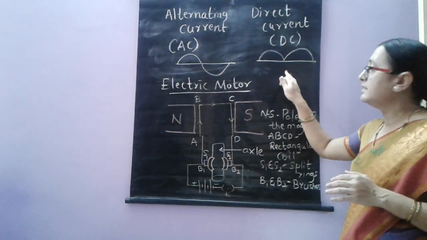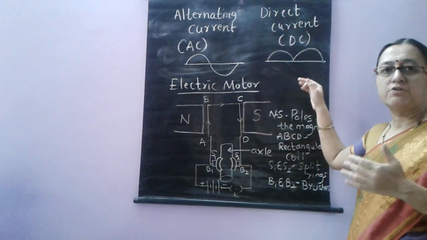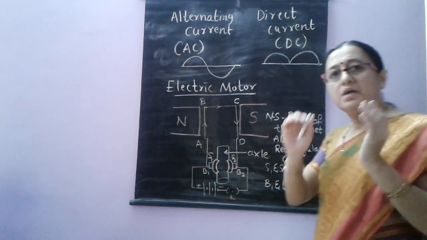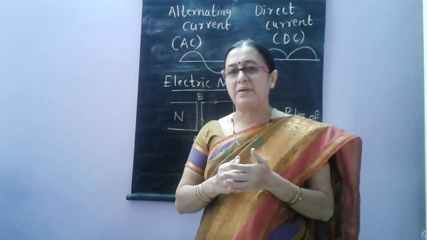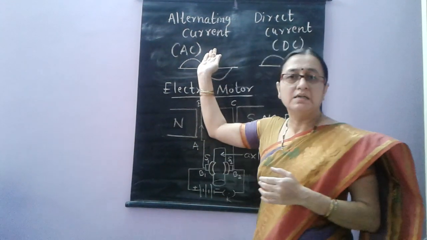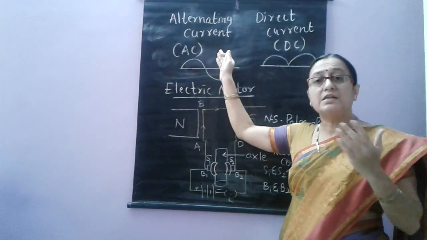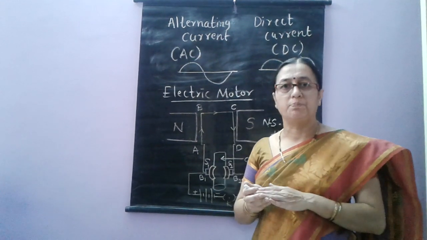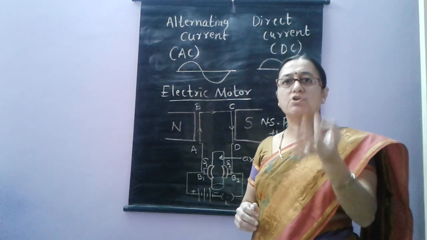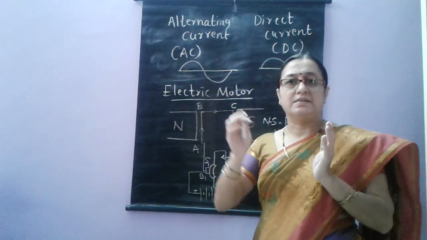In the case of direct current, the current continues to flow in the same direction without variation in the direction of its generation. That is alternating current and direct current. In household appliances, we get both types of currents. The current entering our home is alternating current, but it is of low voltage, up to 220 or 230 volts. That is not enough for all the appliances working in our home. Appliances like fridge, mixer, AC and washing machine require a little higher voltage, but tube-lights and fans do not require that.